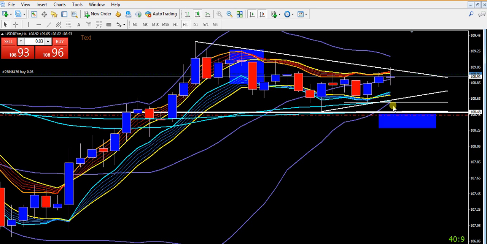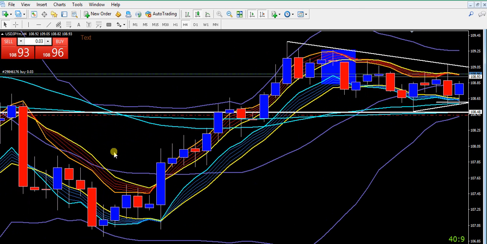As long as price is above or below the middle Bollinger Band, that's when you place some orders, especially if price is above or below the moving average 50 or 200. So as I see it, if price is above the middle Bollinger Band and above the moving average 50, this is the best place to buy.